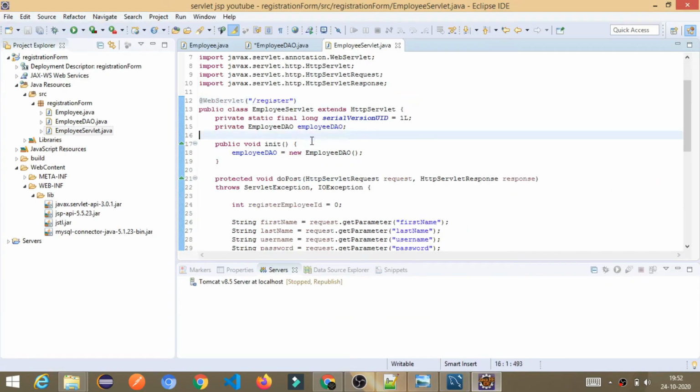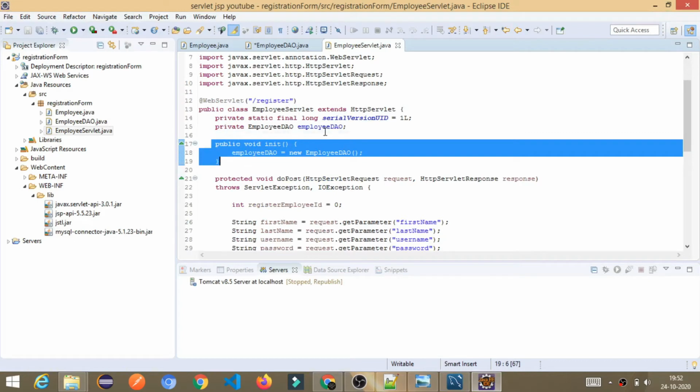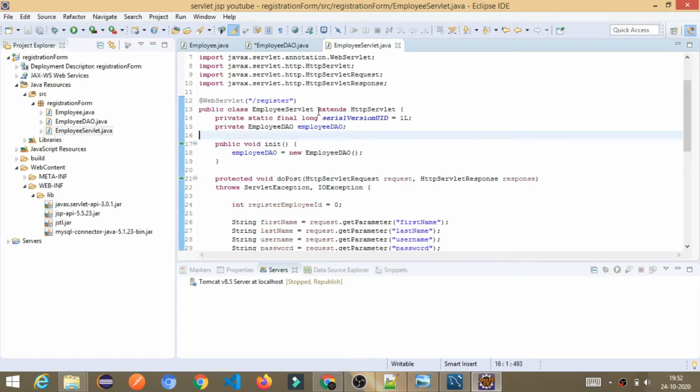Now the next thing is the init method. How is it a servlet class? Because we are extending HttpServlet. It is just a simple class, but when we extend the HttpServlet class, which is a predefined class present in the javax.servlet.http package, it is imported from there and contains all the important methods required to process the data in the servlet.